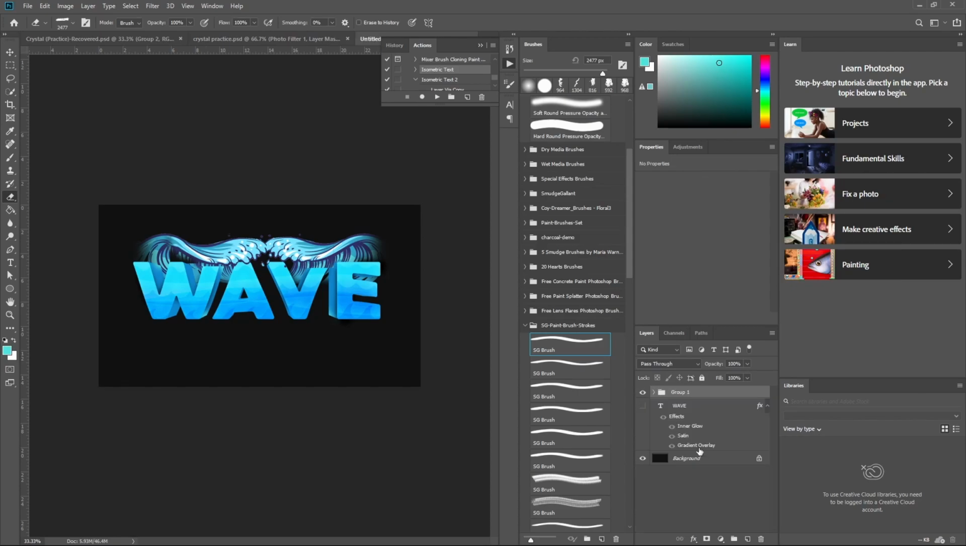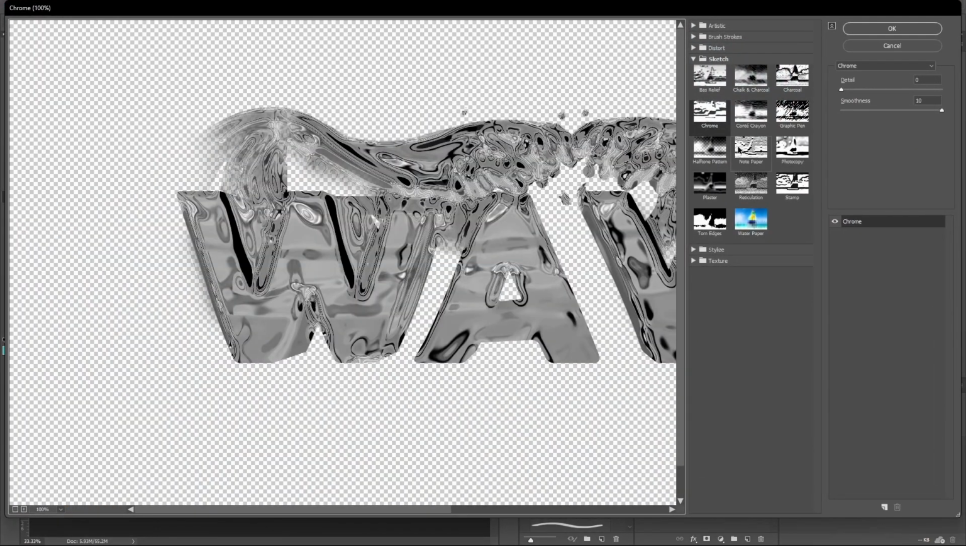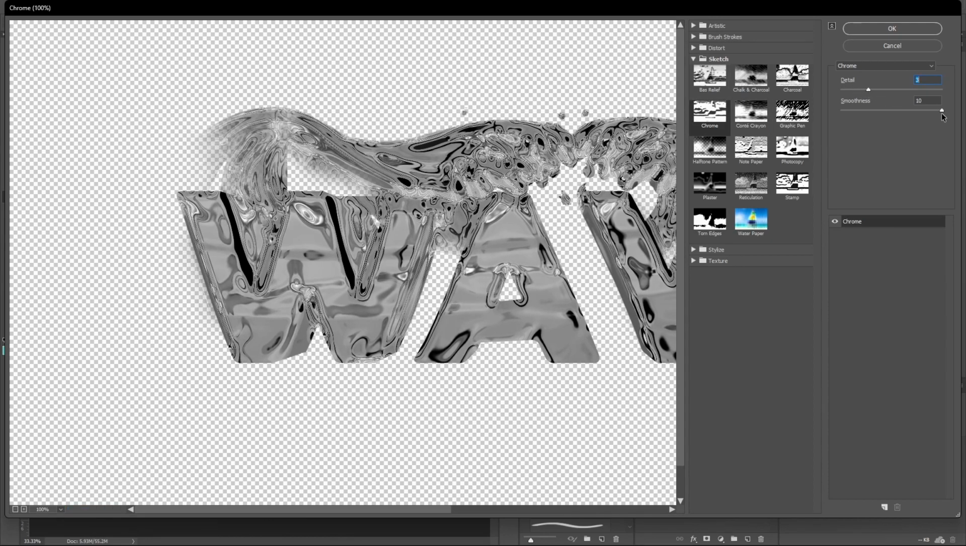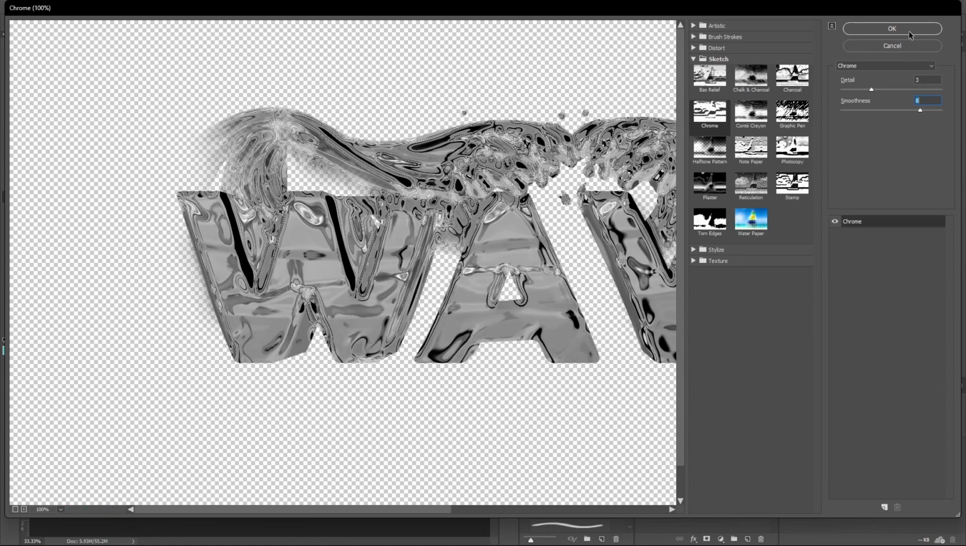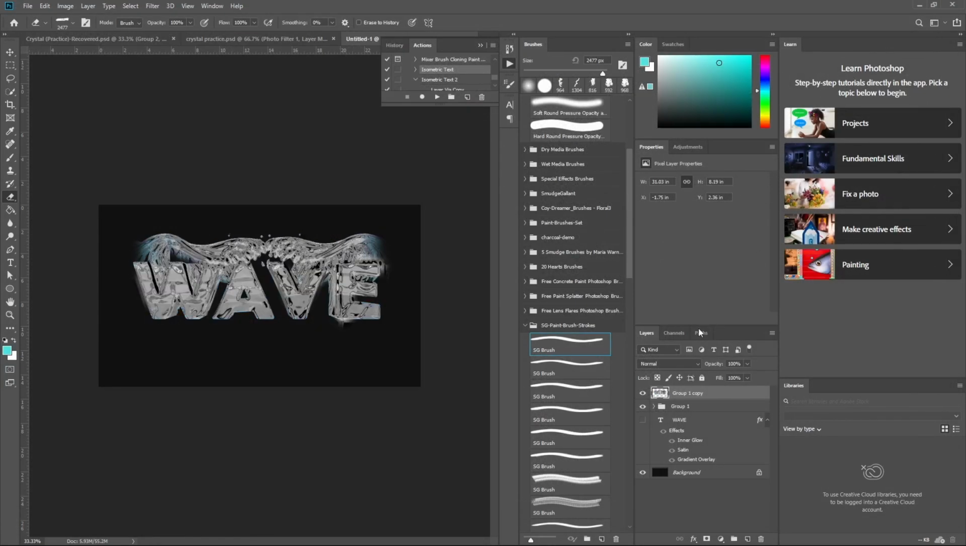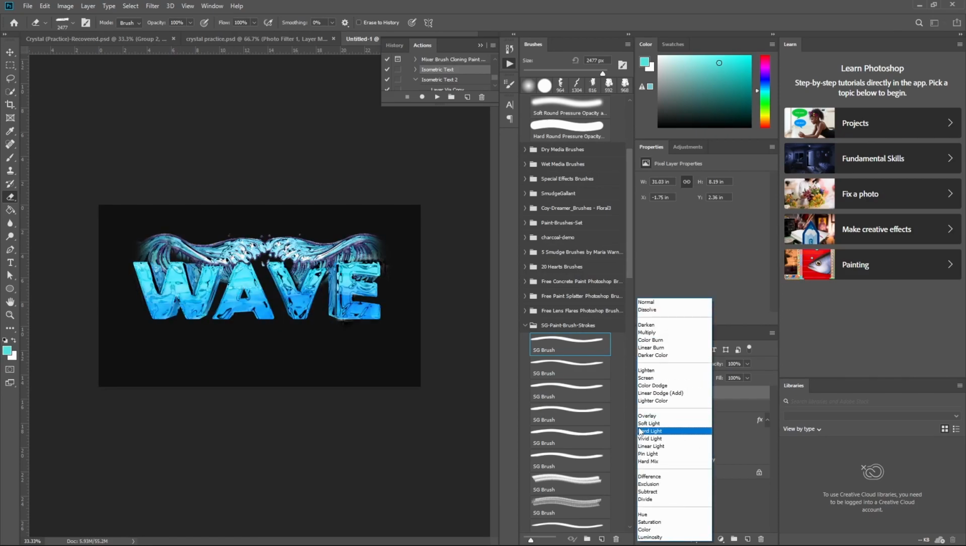So group all of them, copy it, merge it, filter gallery. Sketch, chrome, add a little bit of detail to it, don't need a lot. Smoothness, add a little bit of smoothness, like 8. Oh my god, where has all of it gone? Soft light, overlay,